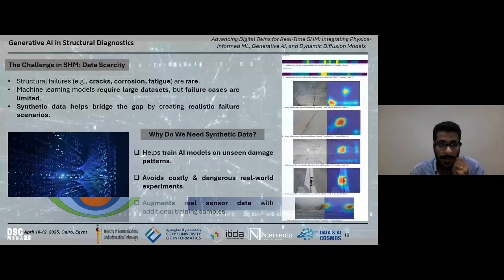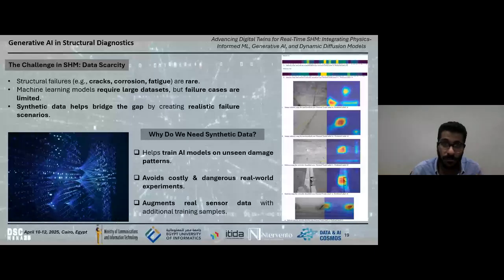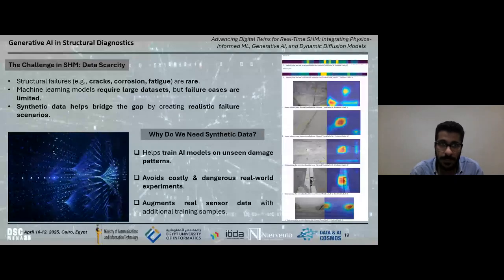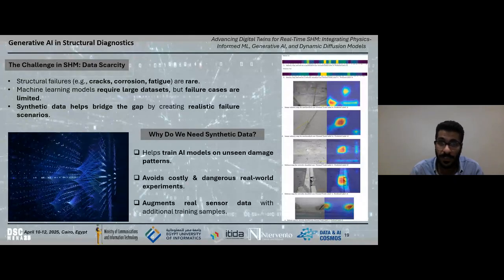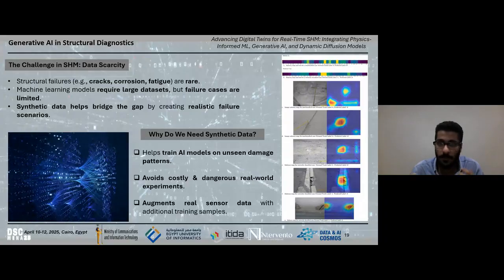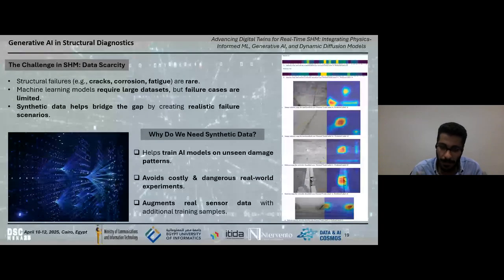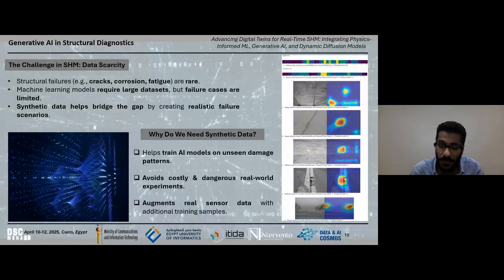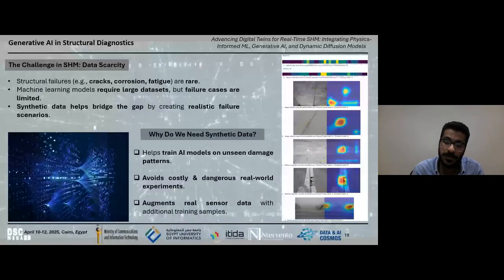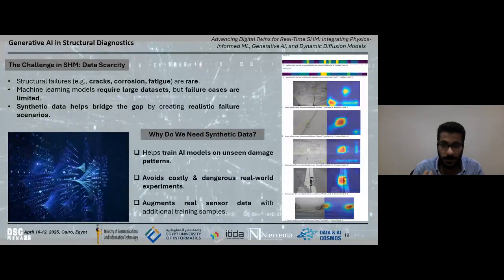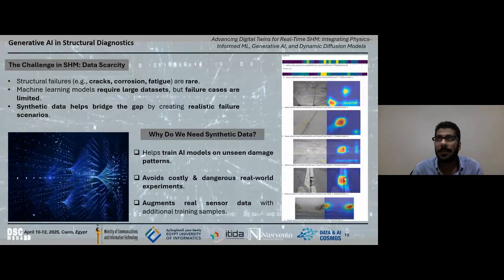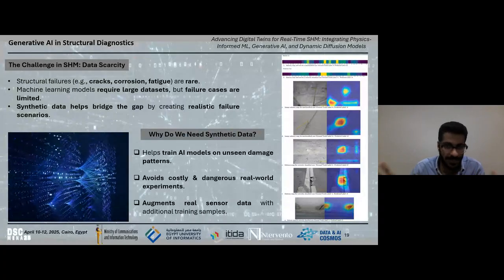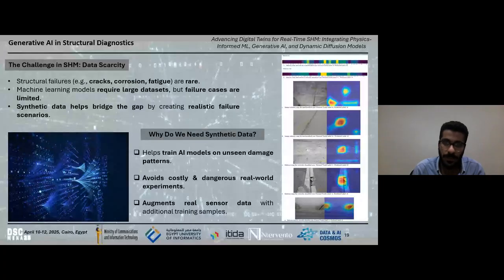The challenge in structural health monitoring, as I said, is data scarcity. The machine learning model requires a large data set, but when we think about failure, the data is limited. The main challenge, even for me when I did my PhD, is how to get the data, how to introduce damage to your structure. If it's not damaged, how can you introduce damage artificially?